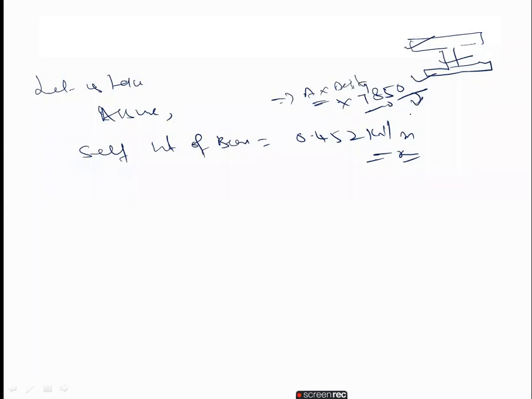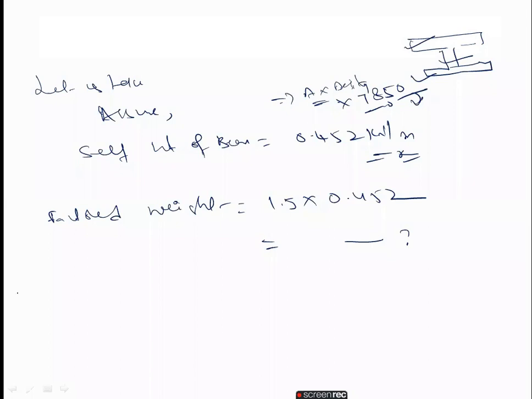Sometimes they give the dead load and live load in the problem. Once they give the load, we will calculate directly from that load. Otherwise you have to assume the self weight yourself. The factored weight means you have to multiply the self weight with the factor of safety. You will get some value here.